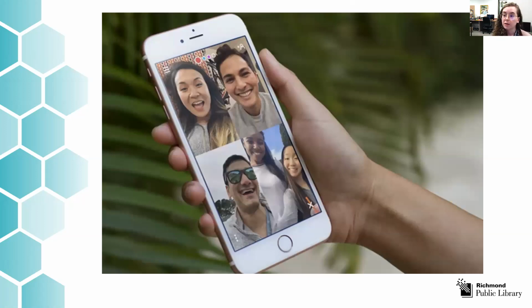If one of your friends already has Houseparty, you'll have the option to add them as a friend. This works similarly to Facebook, where they do have to approve your request before you can have them as a friend. If your friend doesn't have Houseparty and you do have their contact information, you can also send them an invite for it. You can then choose to set up a profile picture. This isn't necessary if you either have your friends already on it or your friends have your